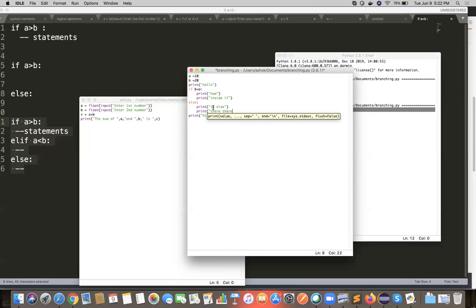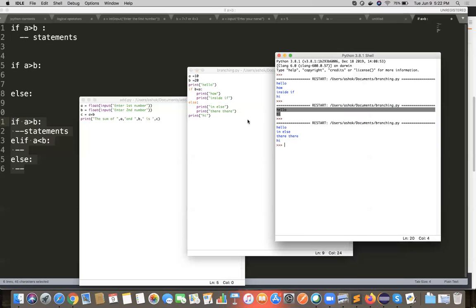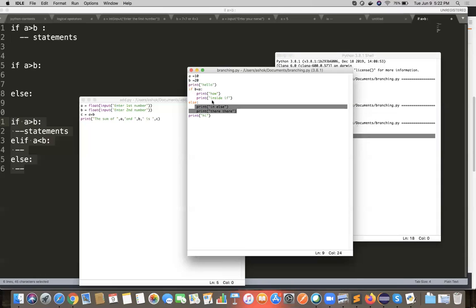there, right? Now, when I run this, obviously the condition is false. It's going to print hello, in else, there, hi, because these two belong to the else. Suppose I change this back to like this,